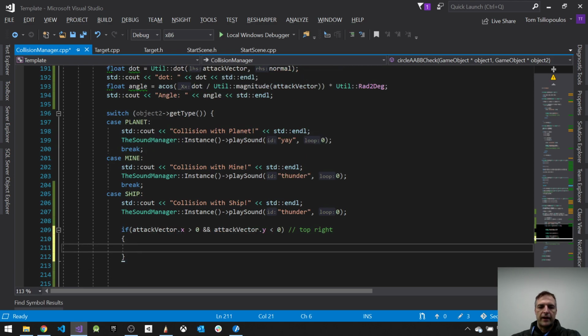When that's true, and on top of that the angle is less than or equal to 45, just to make sure we cover that basis,